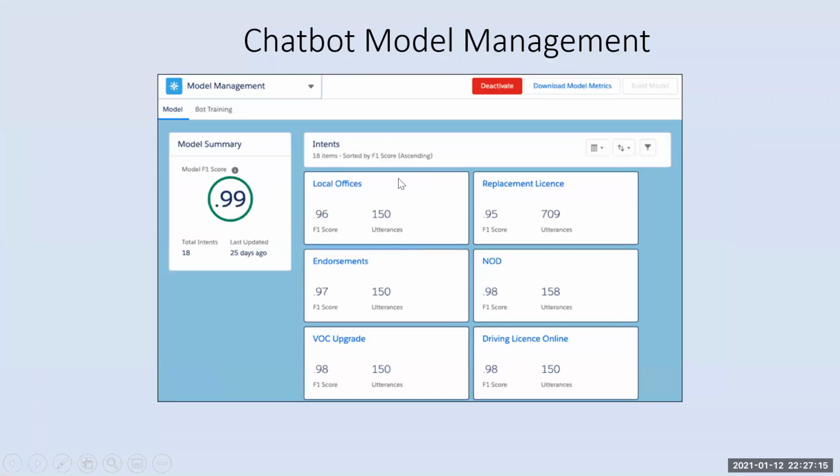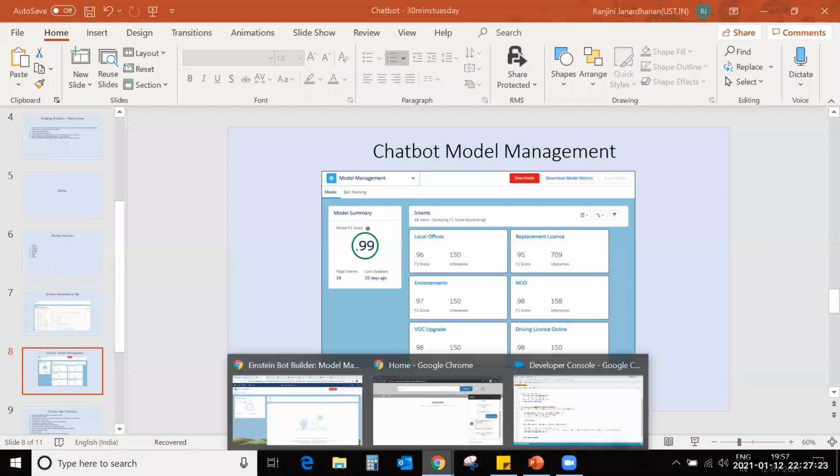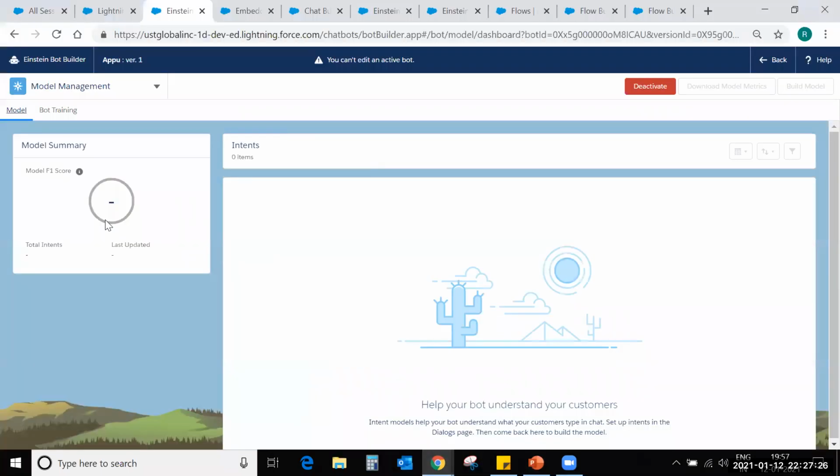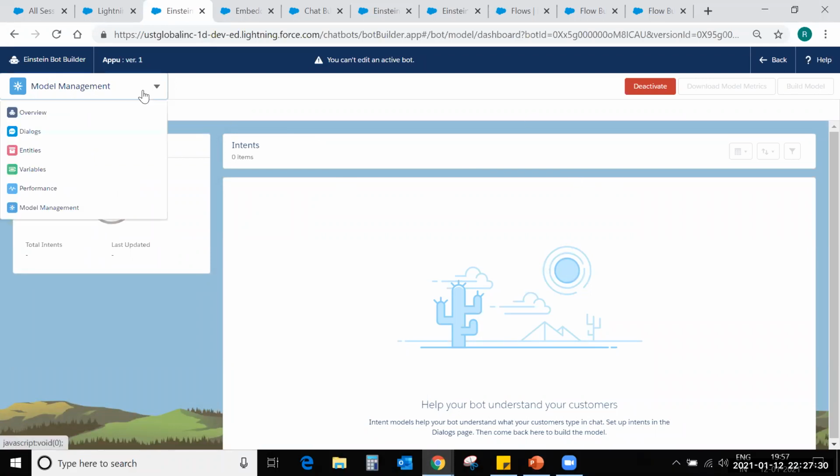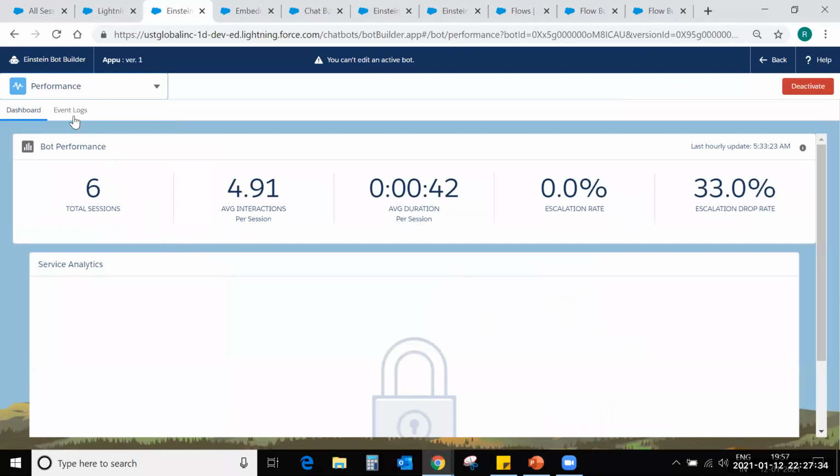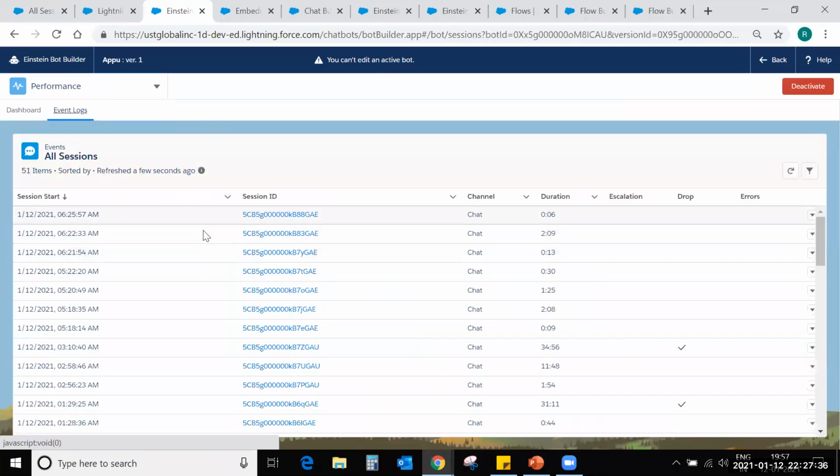Yeah, this is how it gives you the performance score for each intent set that you have applied here. Currently, I don't have that because I don't have many intents and I have not deployed to any users.